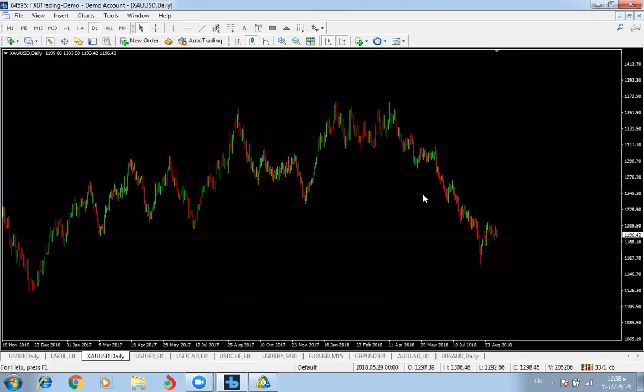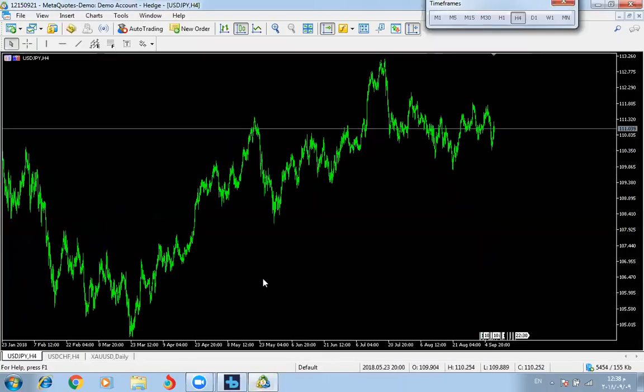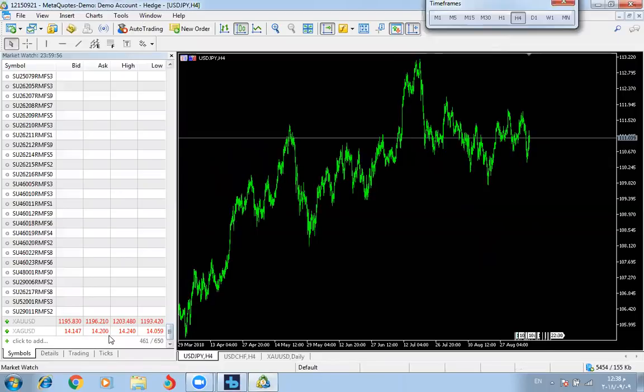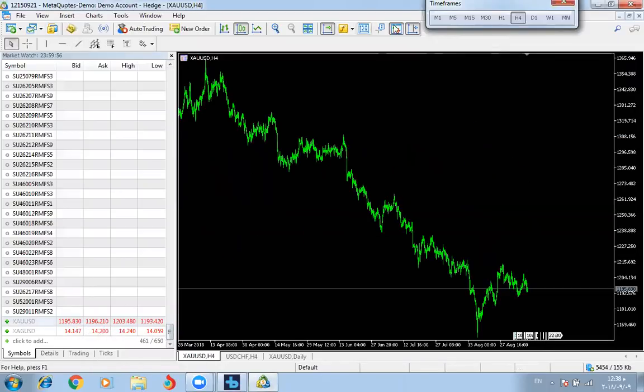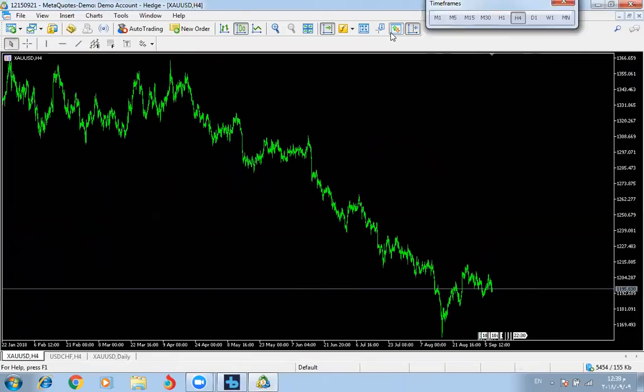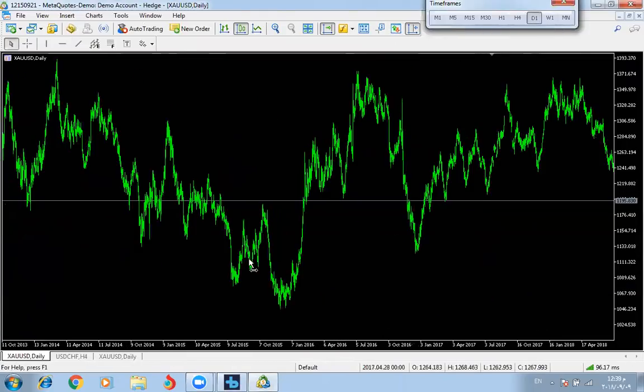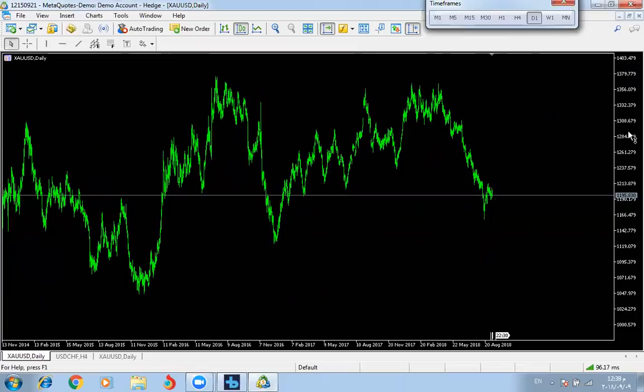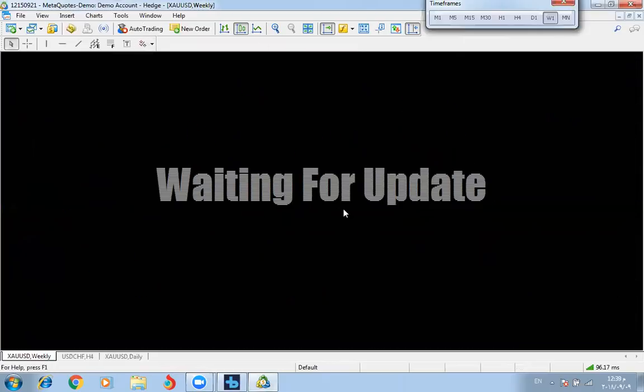I will tell you in time that the whole wave B for gold, let me show you in MT4, the whole movement for gold has ended. If we go to weekly,